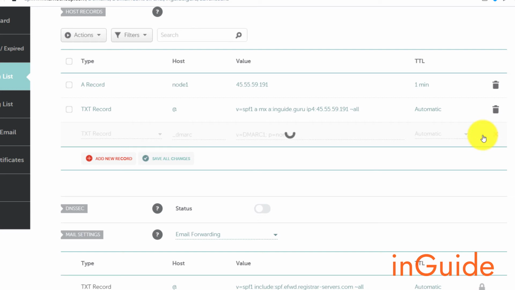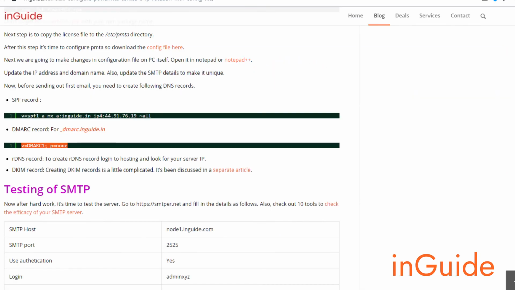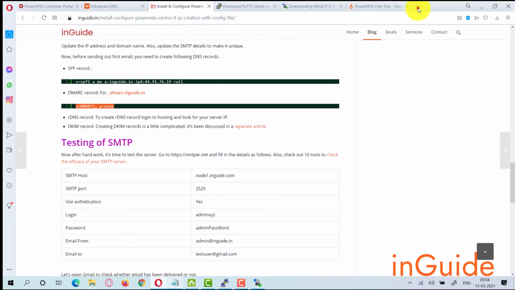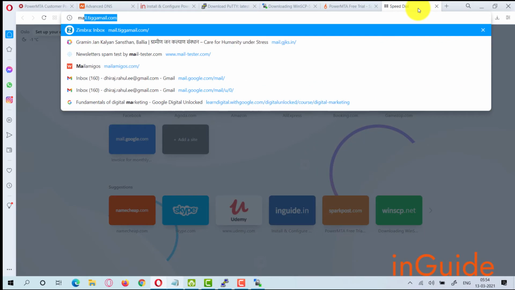Very well. Coming back to the article, I have discussed creation of DKIM records in a separate article, which we are going to see in a couple of minutes. But let's first test PowerMTA.